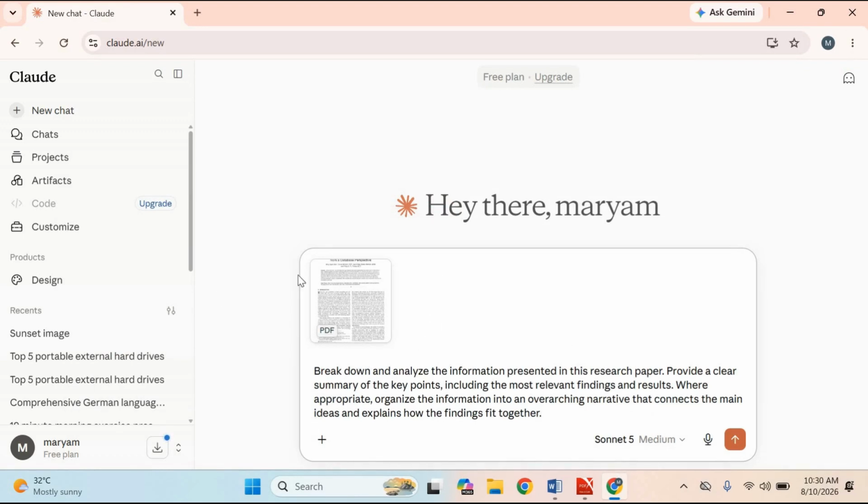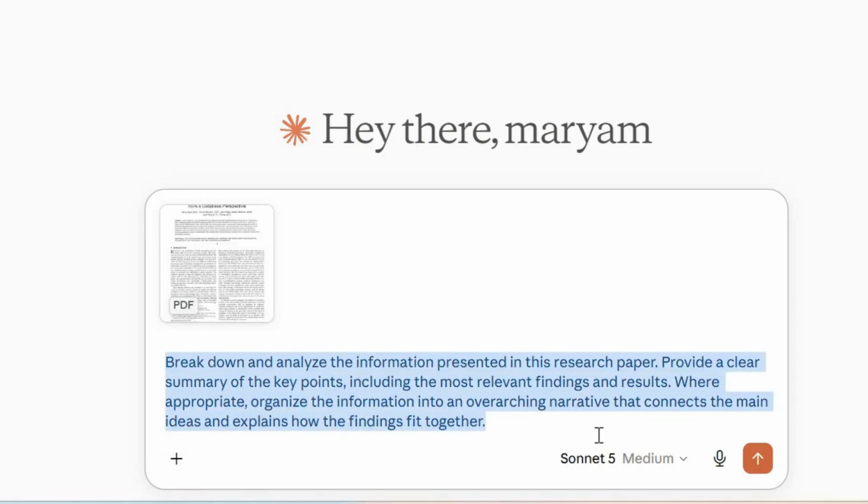For example, I will say, break down and analyze the information presented in this research paper. Provide a clear summary of the key points, including the most relevant findings and results. Where appropriate, organize the information into an overarching narrative that connects the main ideas and explains how the findings fit